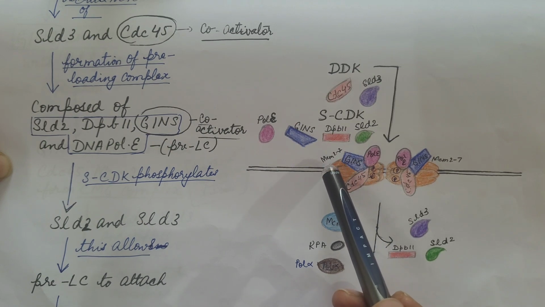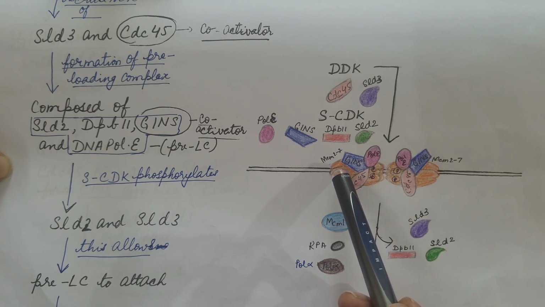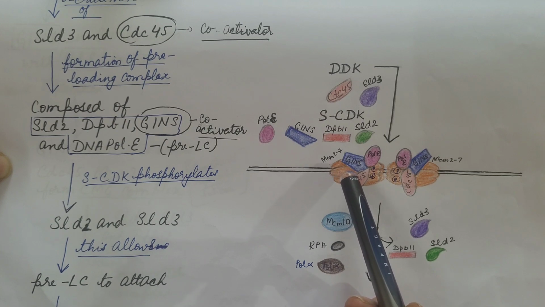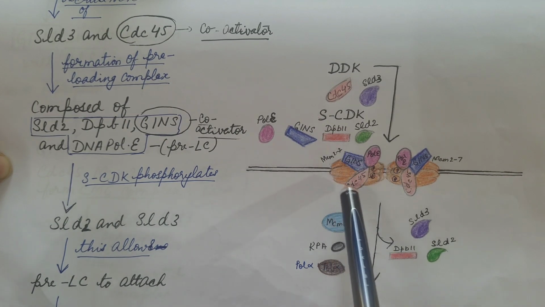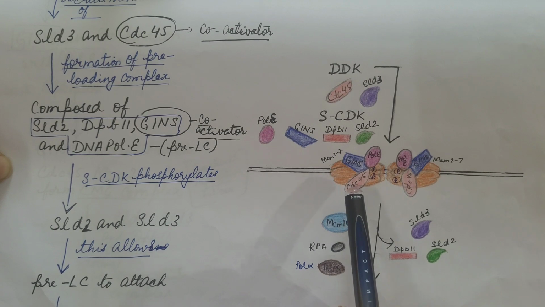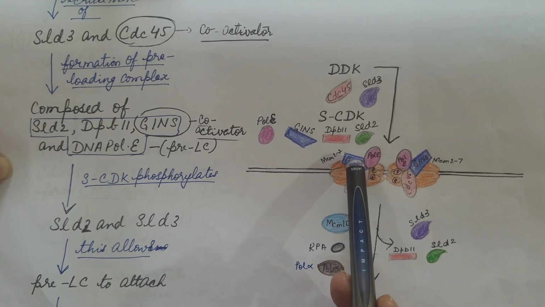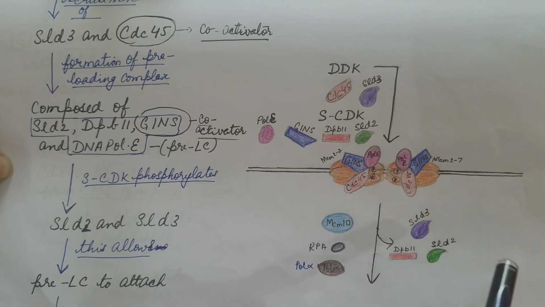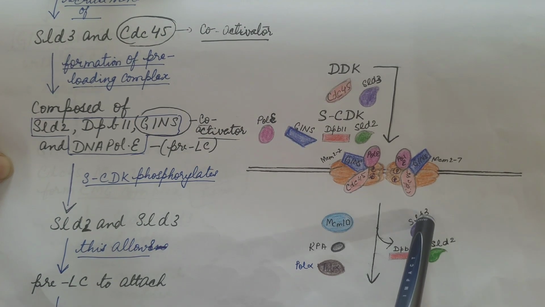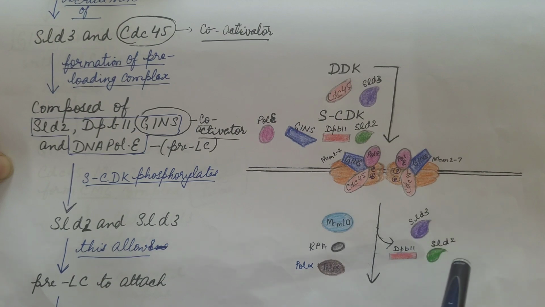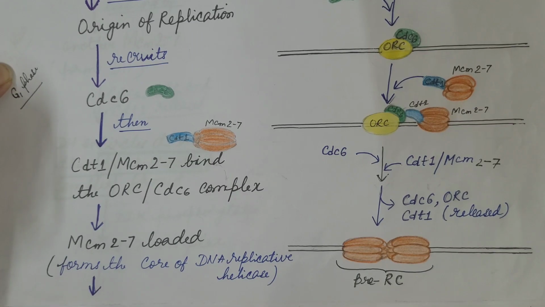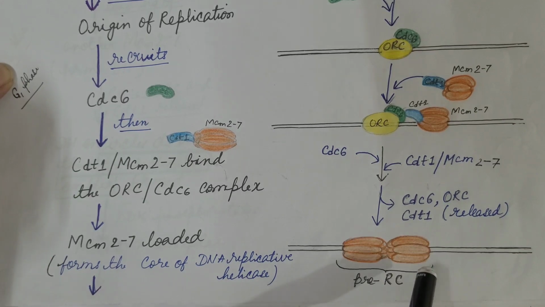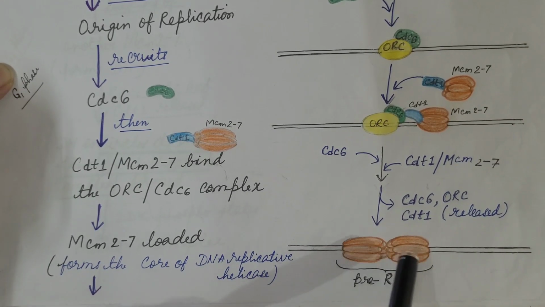comes in contact with CDC45 and the MCM2-7 hexamer and forms the CMG complex, which means CDC45, MCM2-7 and GINS. This is the functional replicative helicase. Also DPB11, SLD2 and SLD3 dissociate or are released. So as the 2 CMG complexes are formed, the double hexamer which encircles double-stranded DNA is now converted into 2